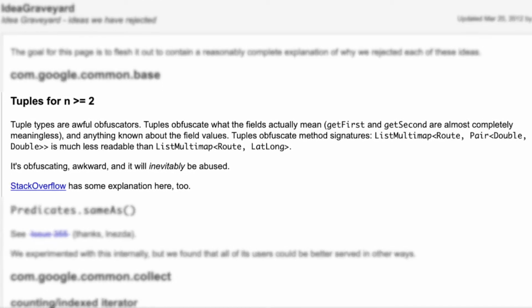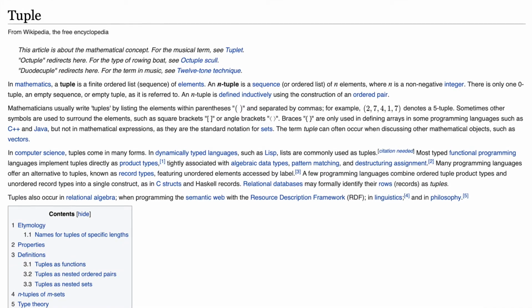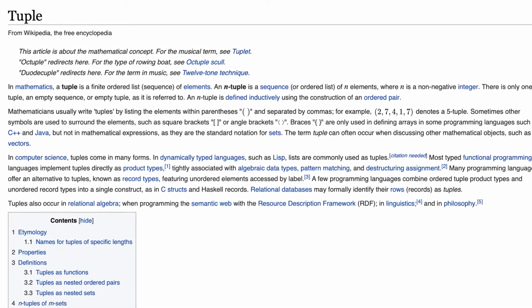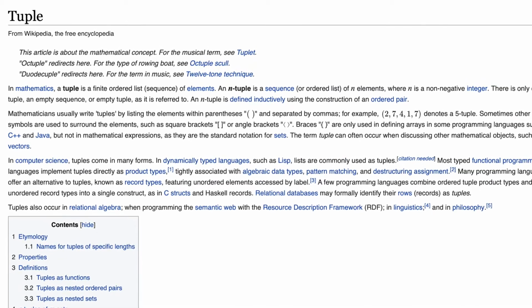Just like the discussion on comp.lang.java.help, they come to the same conclusion that tuple classes obfuscate the real meaning and thus make the code harder to read. But when might you want to use tuples then? There may be other valid use cases, but I want to focus on two possible scenarios and the corresponding alternatives